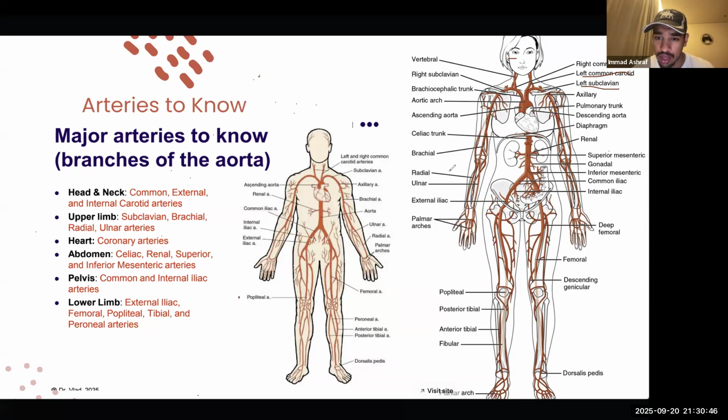And then from the brachial, you have, here's the brachial. You see the brachial here. Just follow where it's going. And then you have the radial and the ulnar: the radial towards the thumb, the ulnar towards the pinky, right? Then in the heart, you have the coronary arteries. The coronary arteries of the heart actually,